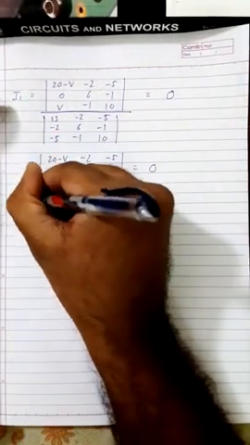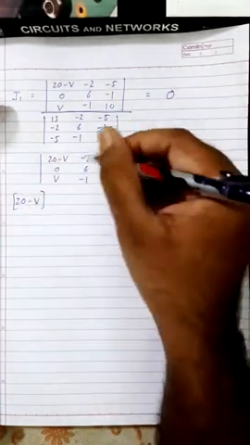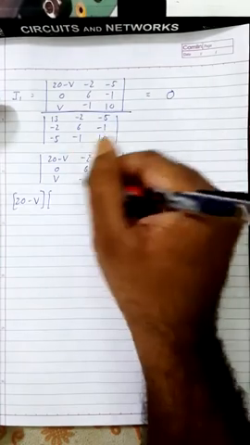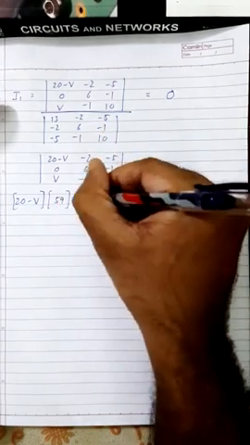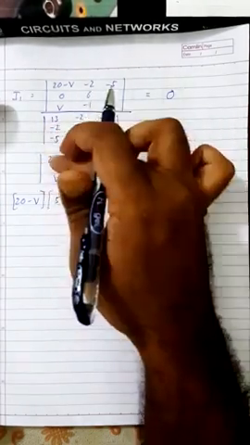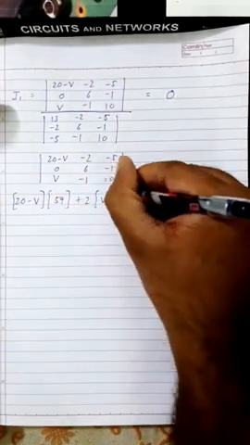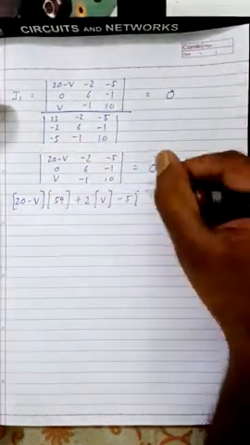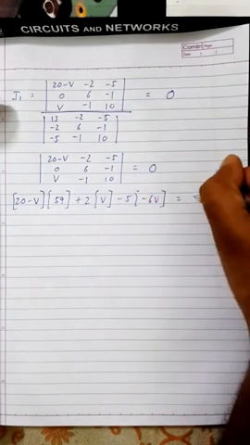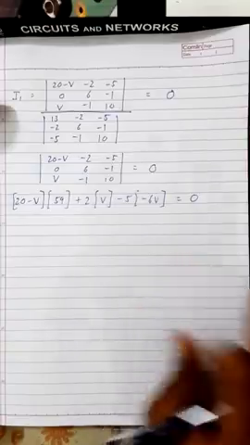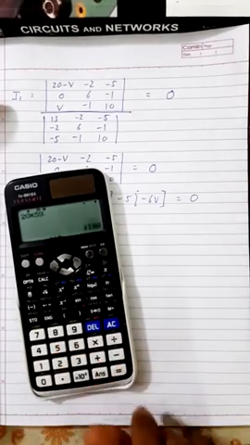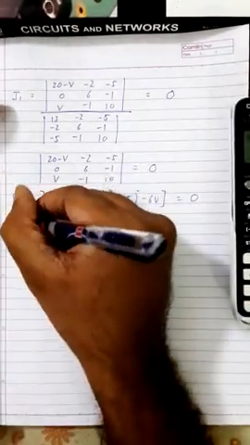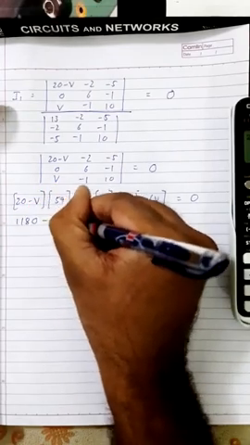Which means 20 minus V, this is 60 and this is 1, so 60 minus 1 is 59. Minus of minus is plus, 2 into we have 0, minus V becomes V, minus 5 into, and this is 0, and this is 6V becomes minus 6V, equal to 0, right? What is 20 into 59? 1180, which means this is 1180 minus 59V